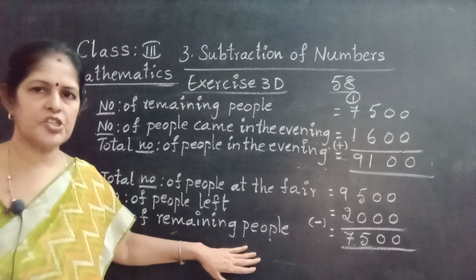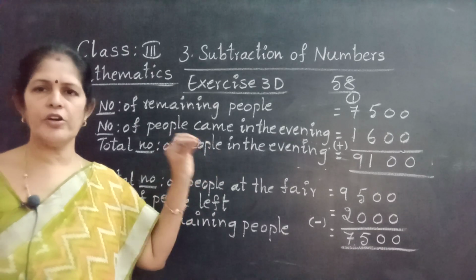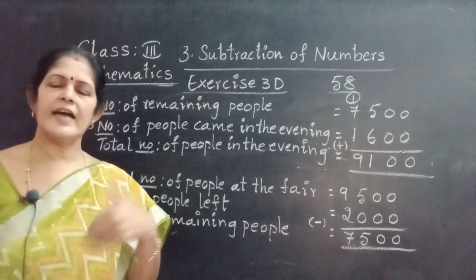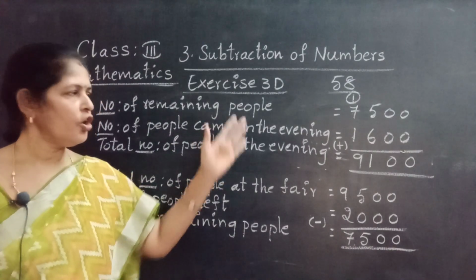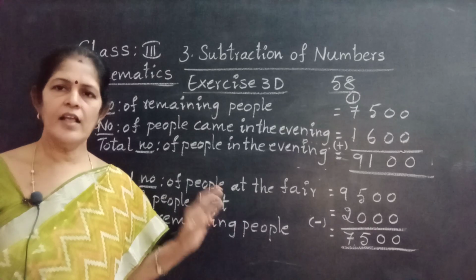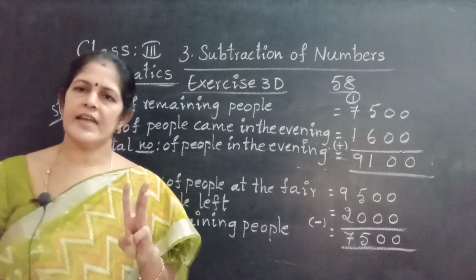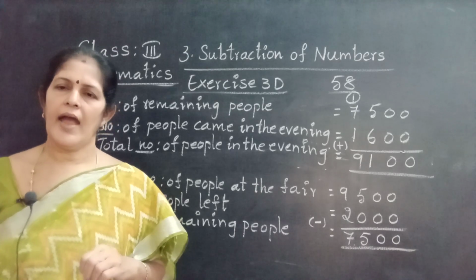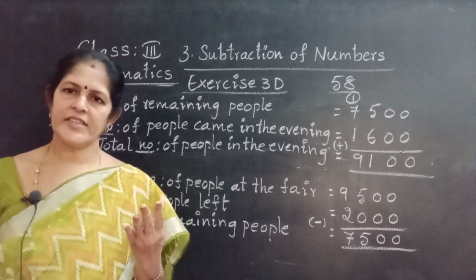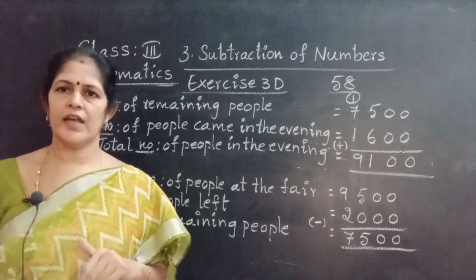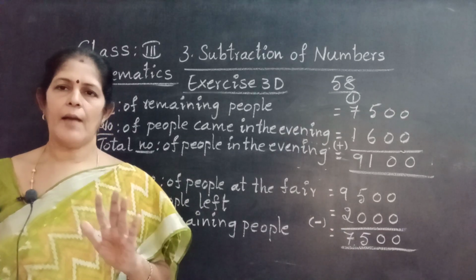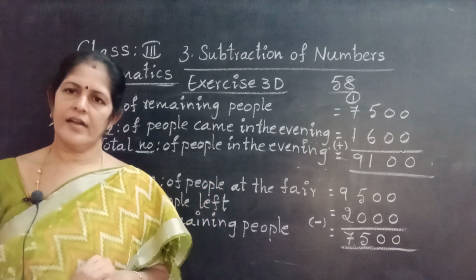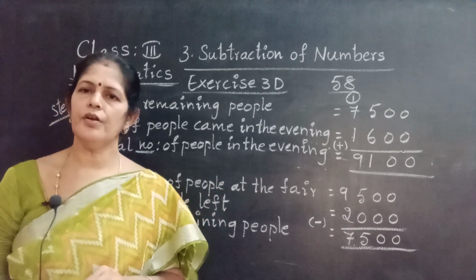Okay? Understood? Don't worry about these word problems. These are given in the textbook. That's why I am going to explain. No need to practice. Okay? You practice 3-digit number subtraction without borrowing, with borrowing, and 4-digit number subtraction without regrouping, with regrouping, and word problems using subtraction. Okay my dear children, and learn tables from 2 to 10.